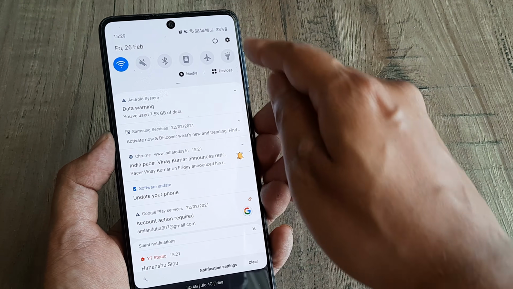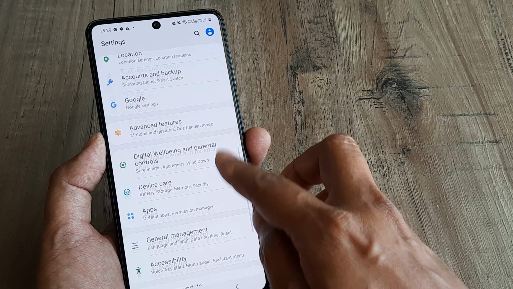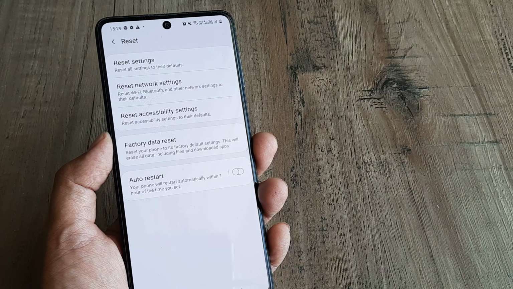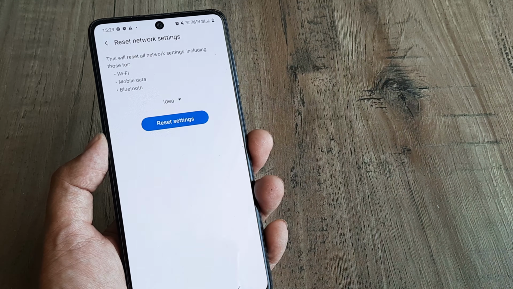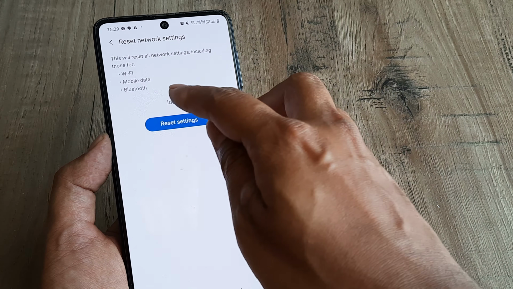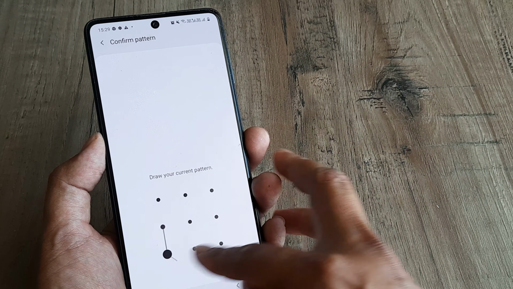One thing that we need to first avoid is any phone network issues. So we go to our settings, go towards general management, and inside here we have the option of resetting, and we will reset all the network settings. Depending on the Android version you have, it may be at a different position, but this is what you need to do. And since this is a dual phone, I'll be doing it for both my SIMs. I will do it first for my secondary SIM.